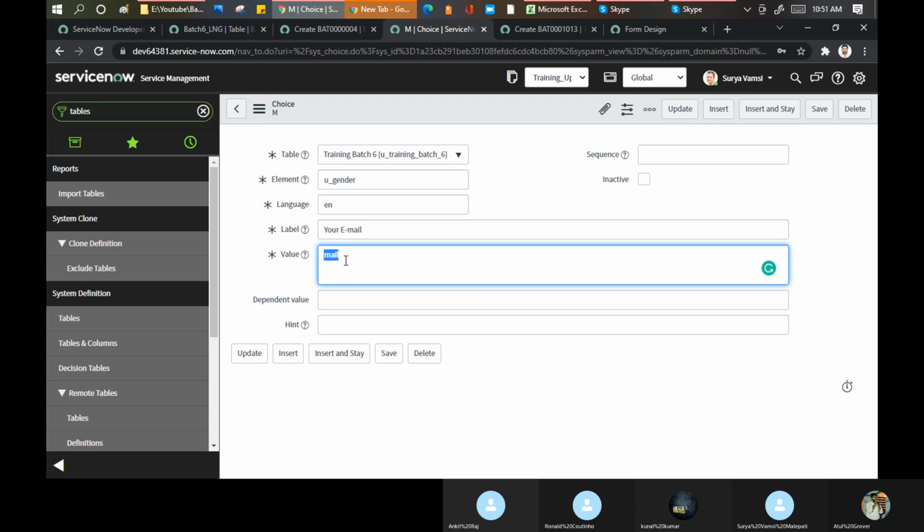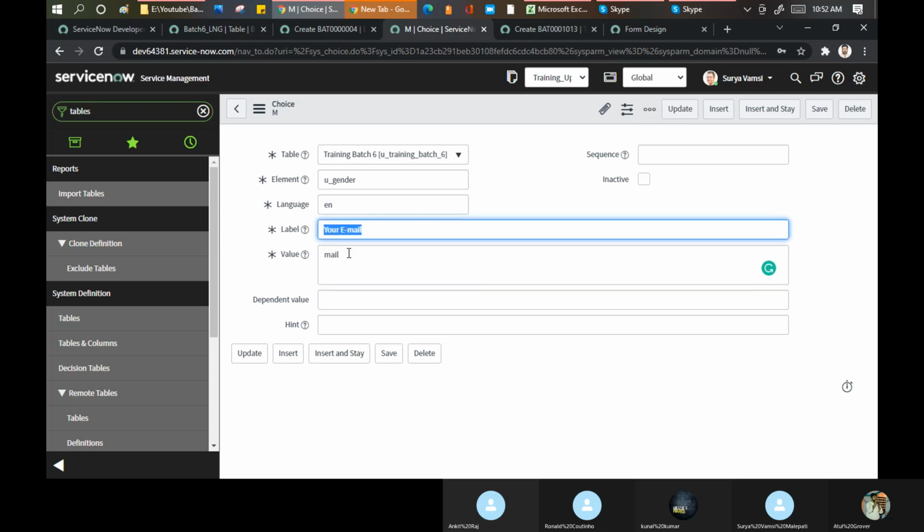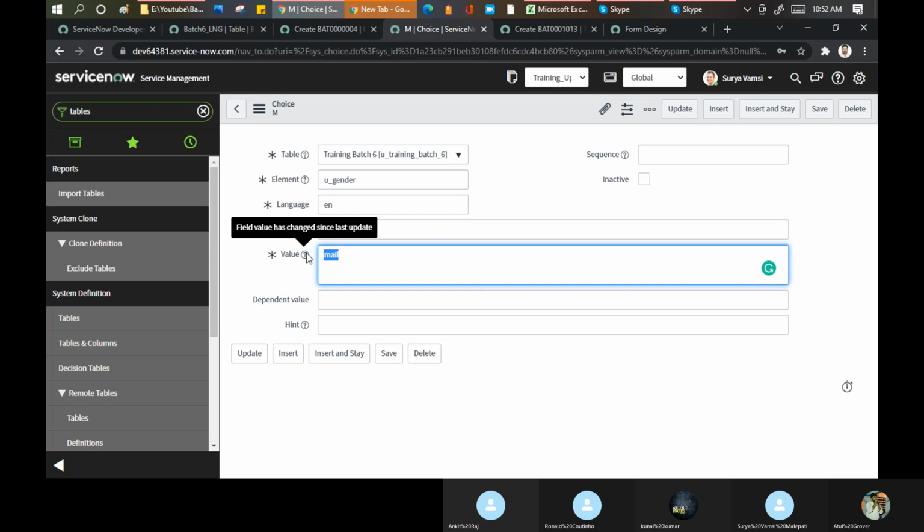And this value is used for matching things in the database. I want to see the user who has a selection of mail. This value is picked up, not the label. Generally, the practice I see is that label and value are both the same.